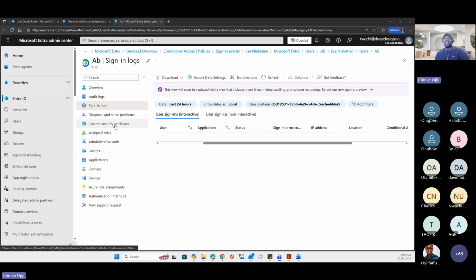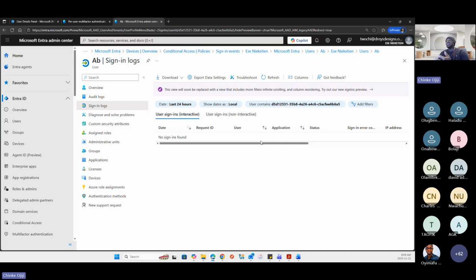Okay, I'm sorry. So we're looking at sign-in logs for an identity, and I'm just trying to show you an example of some ways it can be used. You come into the sign-in logs, and they show you the details for an identity: the dates, the user, the application that was accessed, and the status.